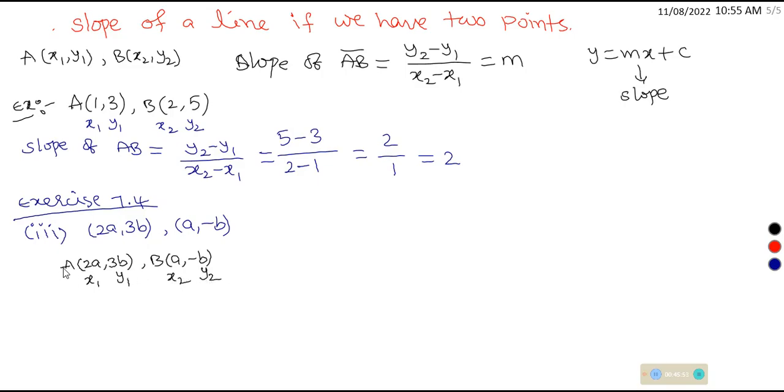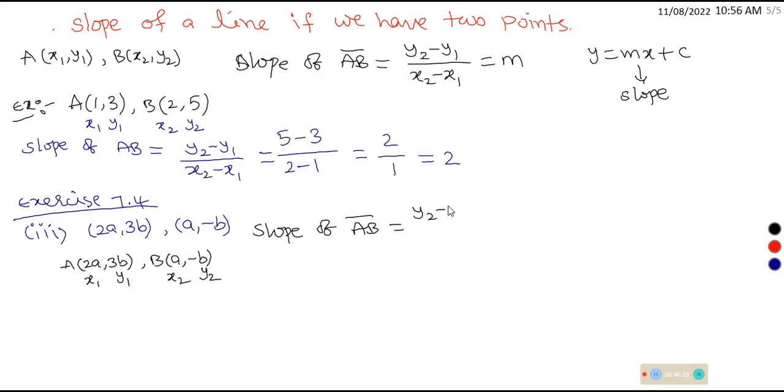So x1 y1 will be the coordinates of one point and x2 y2 will be the coordinates of the other point. Next, slope of AB is equal to